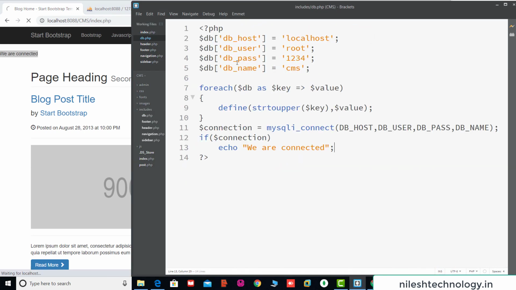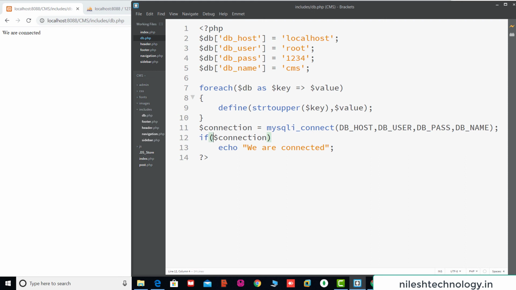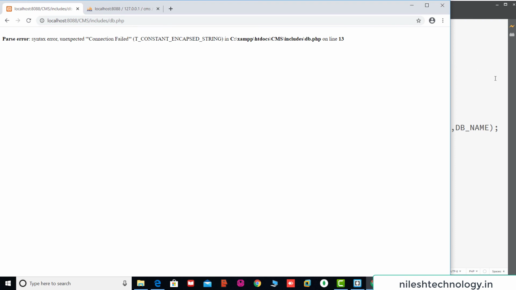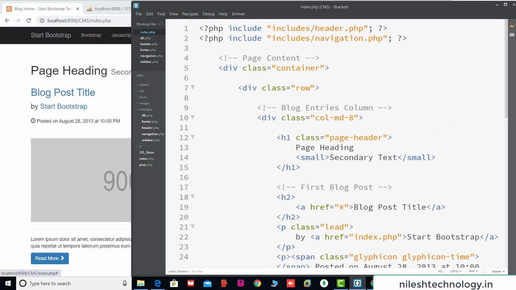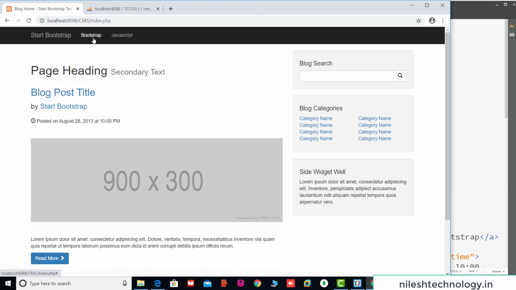Going into the db.php file, if there is some error in the connection, then print this error message using die, connection fail. Save. On line number 13, die, here we use some brackets. Save. Now going again to index.php, see here Bootstrap and JavaScript, these two menus are loaded dynamically.